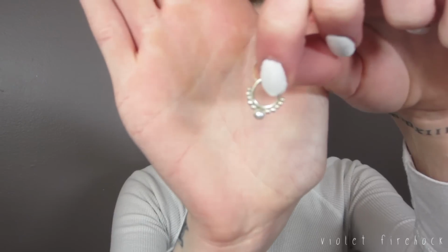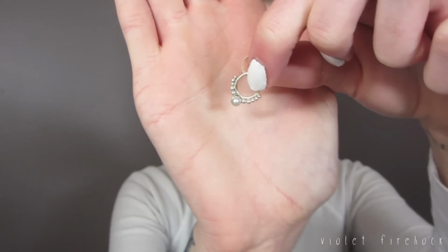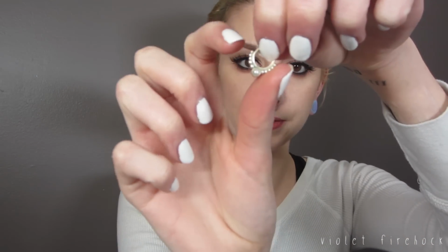Then I have this. This is from Acrylic UK. I got it on Etsy. It has an opal stone in the middle. I like this one a lot. I do wish the balls on the side went up further, so that when I have it in my nose you don't see the stop. It's a silly reason, but